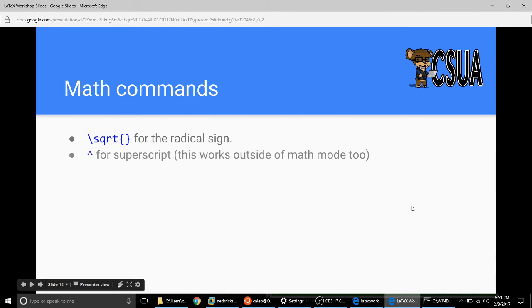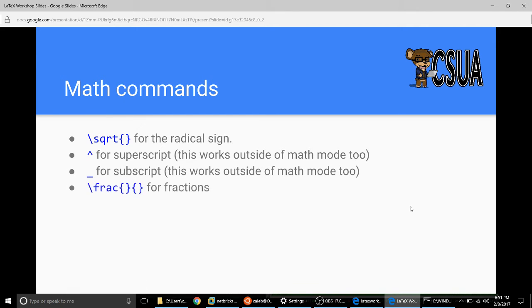Math commands. We have backslash sqrt for the square root symbol, radical. Caret is raised to the power of. Underscore for subscript. Backslash frac and then curly braces for the top and the bottom for each one. Backslash leq and backslash geq for less than or equal and greater than or equal. If you just want less than, you can use the less than symbol, but make sure it's in math mode,